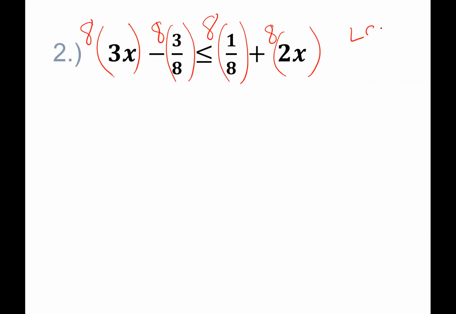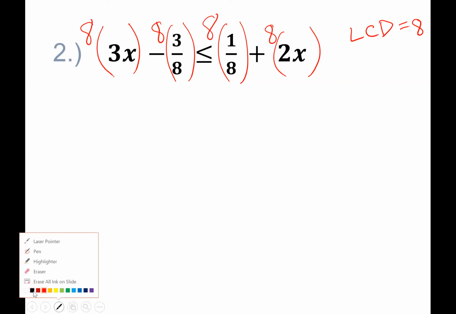Because the LCD is 8, by doing this, we will be canceling out the fractions or clearing the fractions. So let's carefully multiply each term by 8. And we should expect that the next thing that we write will no longer have any fractions. Okay, here we go. So the first one, 8 times 3x, that is now 24x,